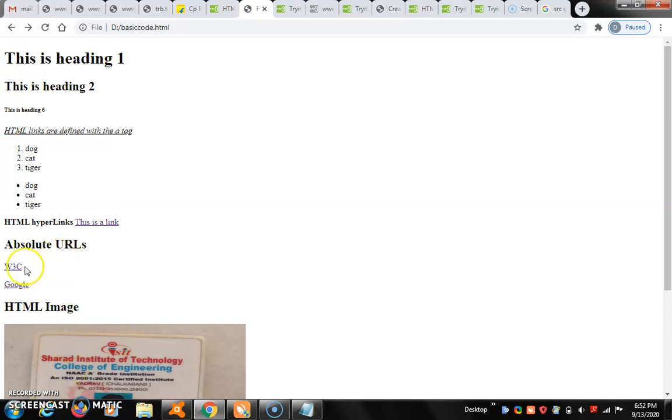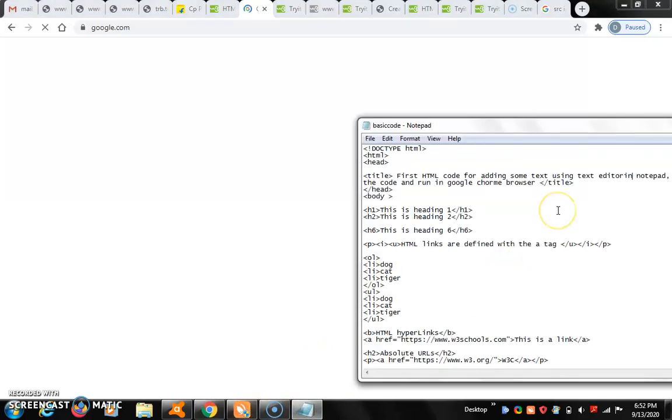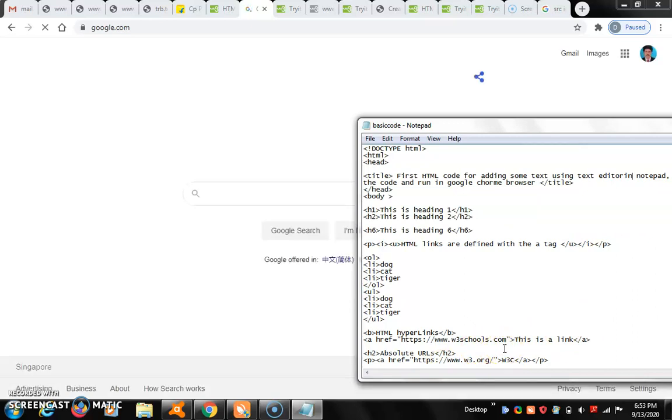If you click here, then automatically you will get the Google page. So I gave three hyperlink examples, and this is the code. The first one is w3schools.com, here the code is running.